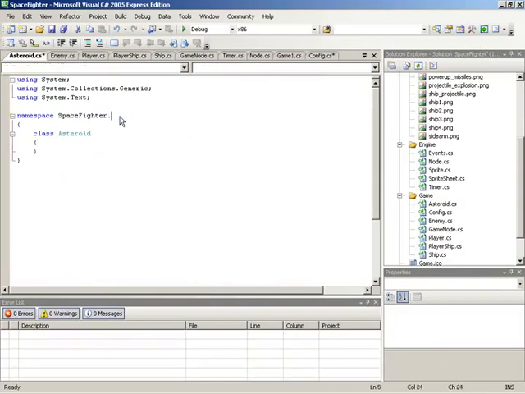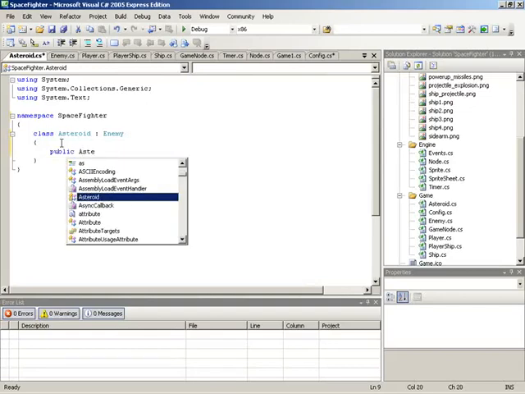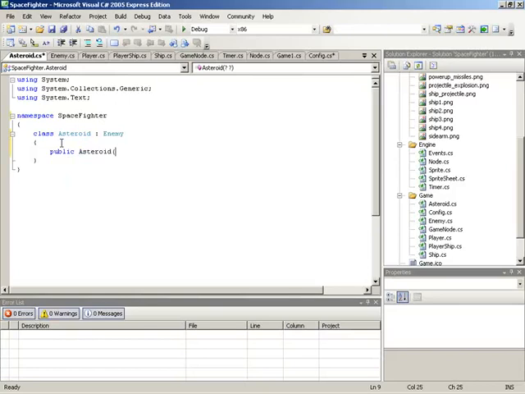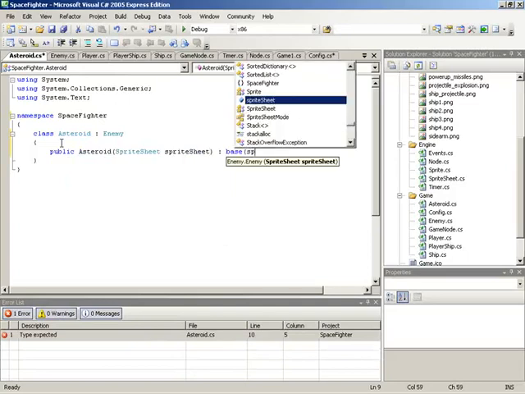For that, I'll begin with a subnamespace, dropping that back, and we can probably just leave the using statements alone. I think all of the stuff inside of Asteroid is going to be very simple. The first thing to address with Asteroid is to make sure that it extends enemy. Then inside of Asteroid, we'll set up our public constructor, and we'll also set our health from within the constructor. So we'll have a public Asteroid constructor, taking in a sprite sheet, which we'll simply call sprite sheet. We'll make sure we have our call to base, feeding in sprite sheet,